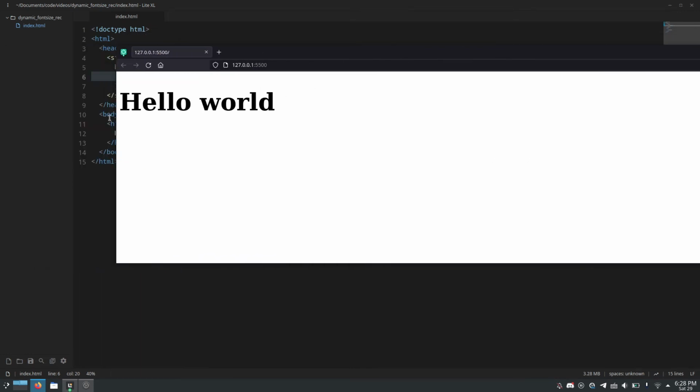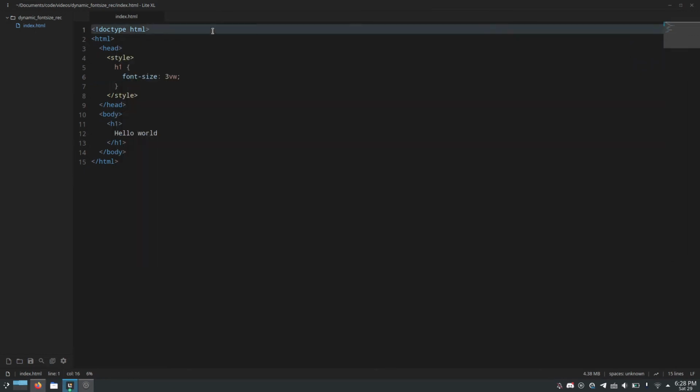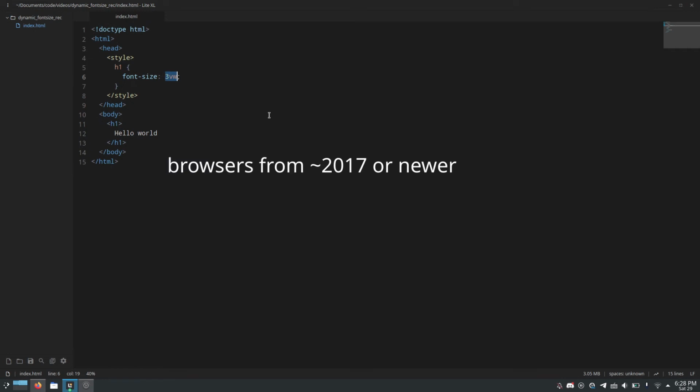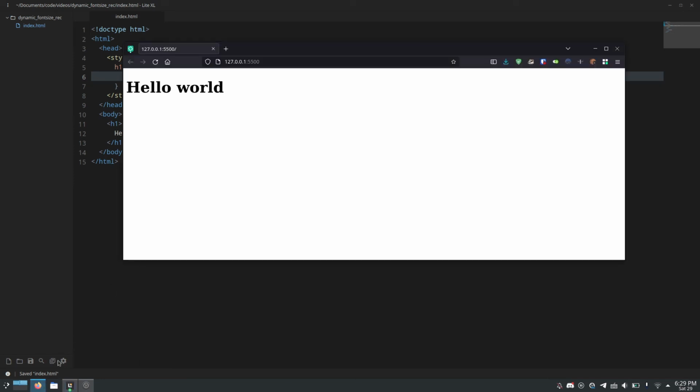looking right. Luckily, CSS has a function built in called clamp that is supported on a decent amount of browsers, where you set your minimum value first. So let's say we want the font to be no smaller than 20 pixels. Then here you put the middle value, that is what you want the font size to be if it is not greater than the maximum or less than the minimum. And then let's say 50 pixels, no bigger than 50 pixels. And now